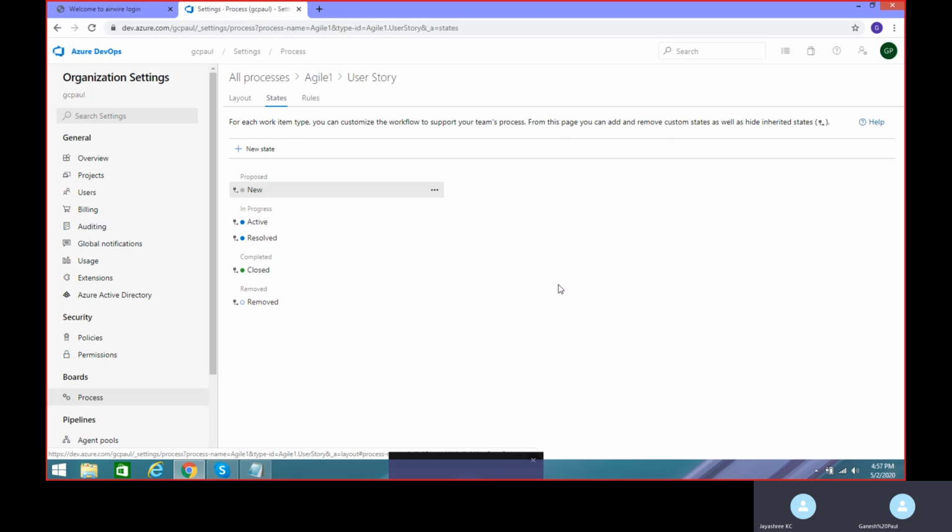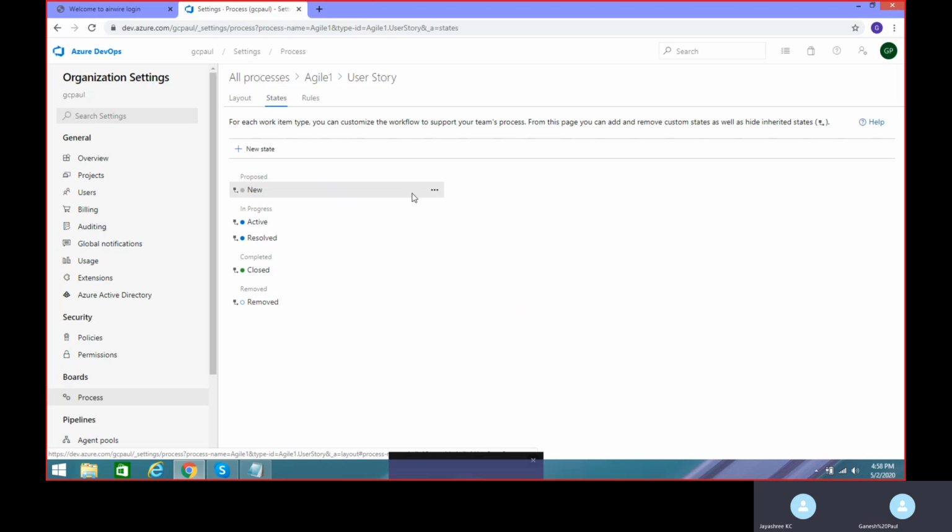So what these states refer to is that whenever you create a new user story, you see the set of states under your state field. Those are the workflow states, like new, dev, QA. One thing to remember is that you cannot delete the starting state, new, and the closed state. Even if you try deleting, you won't have an option. Let's go ahead and see that.